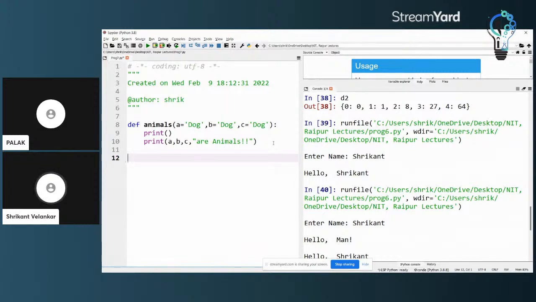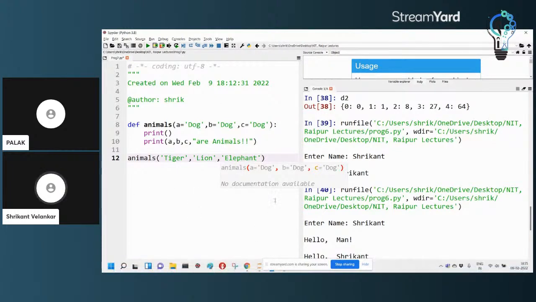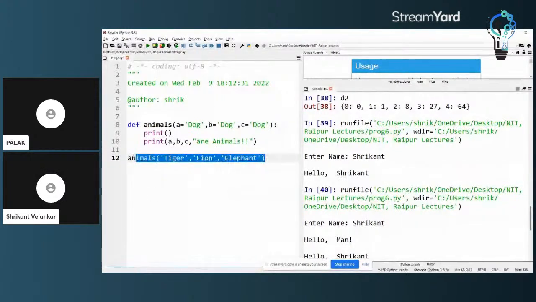Okay, so what I'm going to write in the main program, let's see. I'm going to call the function animals once, and I am passing all the three parameters: tiger, lion, elephant. Tiger, lion, elephant are animals.